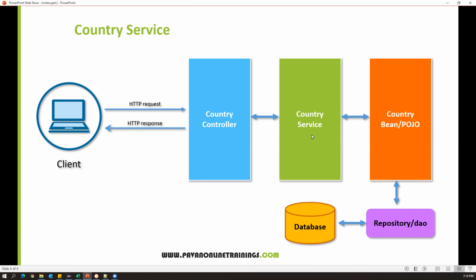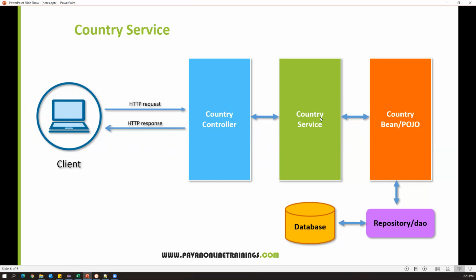And also I told you, in this example, we are not going to use the database and repository part. So this we will see in the upcoming videos. For now, I will have all the data in the service itself. I will hard code some data in the Java hash map, and we will use the data as part of the request and response.